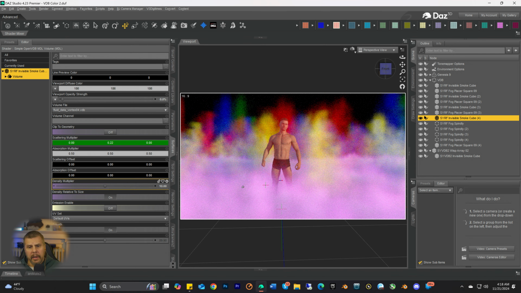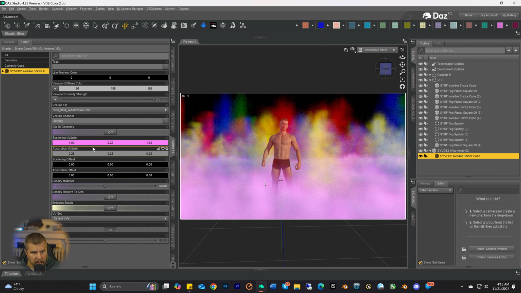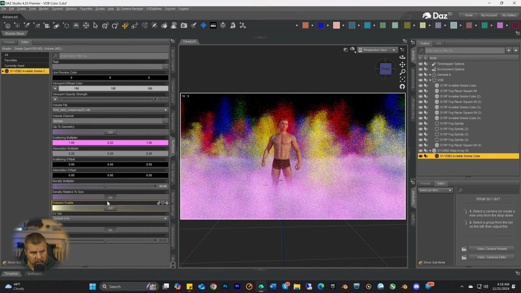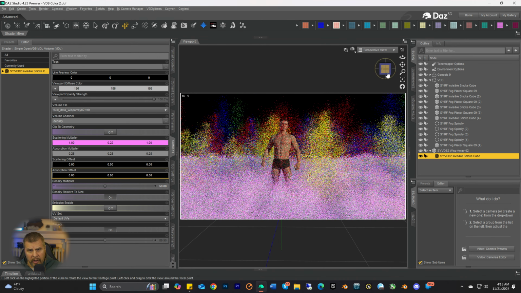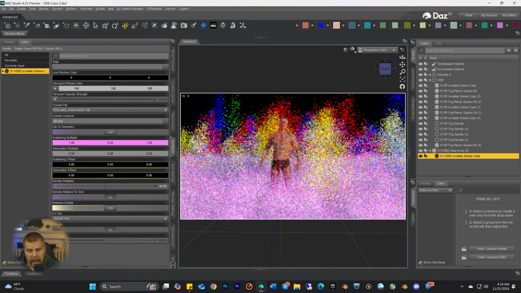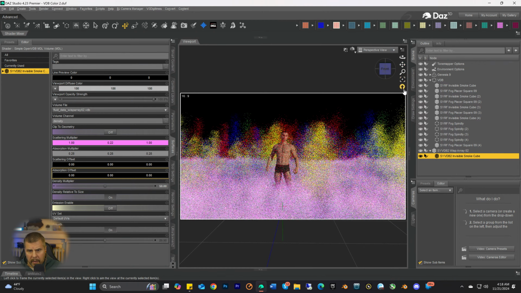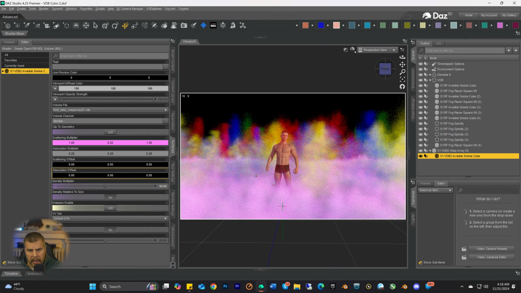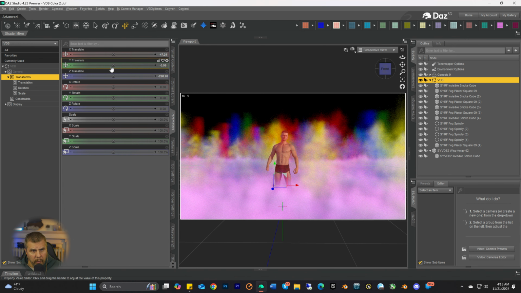Okay? And we could also do that with this cube here. Relative density. So the density scales to the size of the cube. And I believe it will also give you a better looking, more refined kind of fog. Now we could take this big VDB here, and we can go to parameters, and we can move it up. But this is all